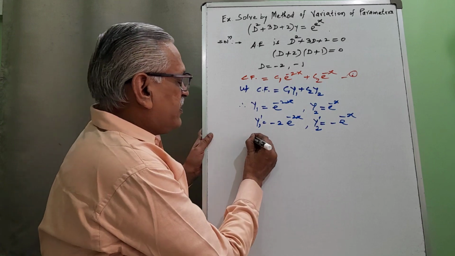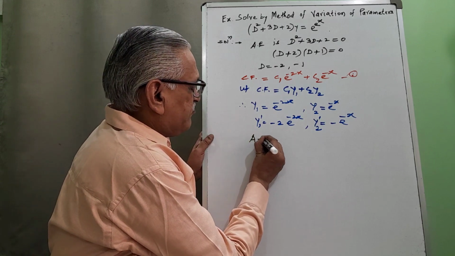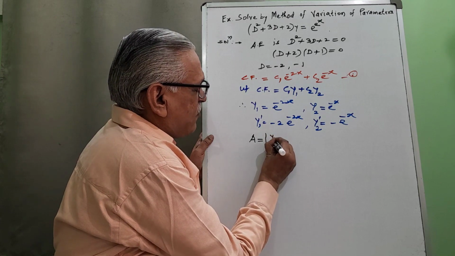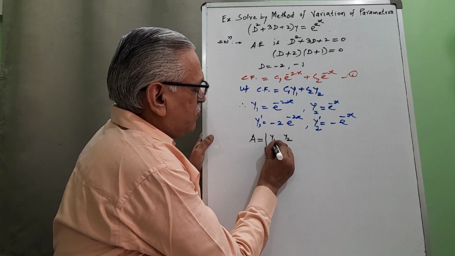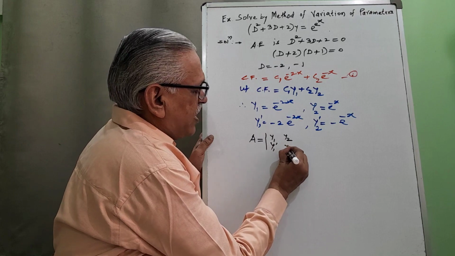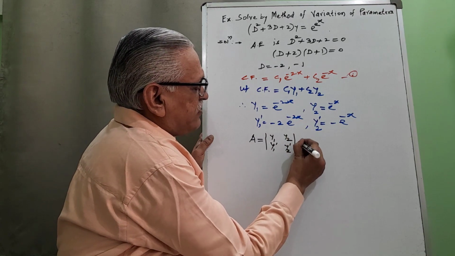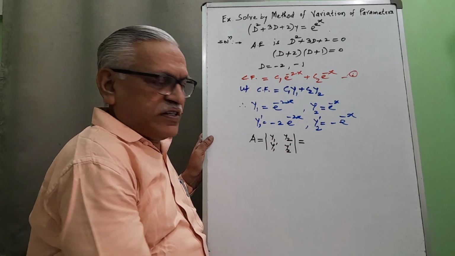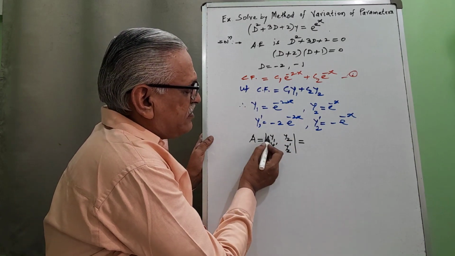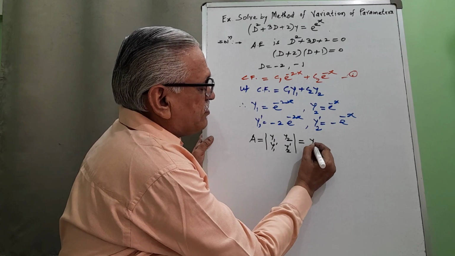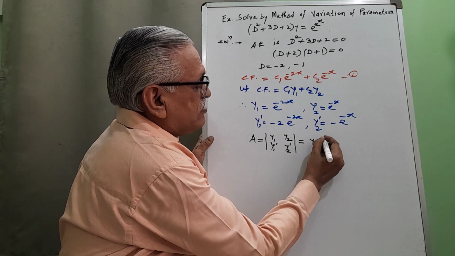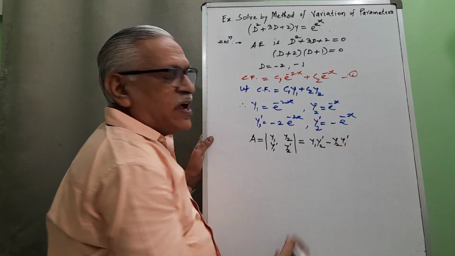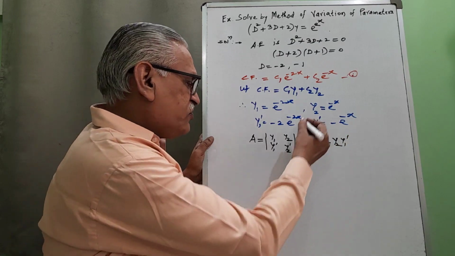Then we calculate the value of A as the determinant of y1, y2, y1 dash, y2 dash. How can we obtain its value? It is y1 y2 dash minus y2 y1 dash, and therefore substituting all these four values, we get